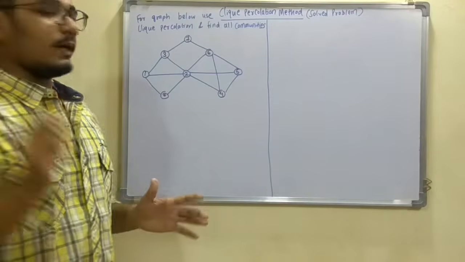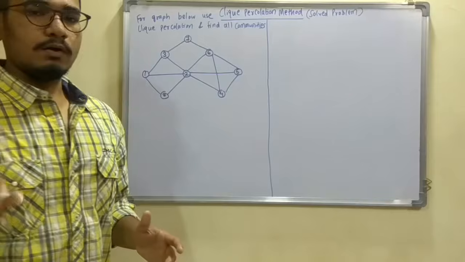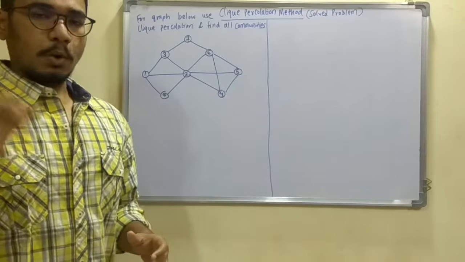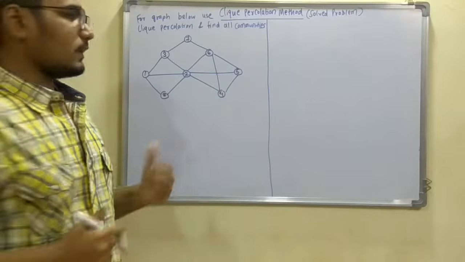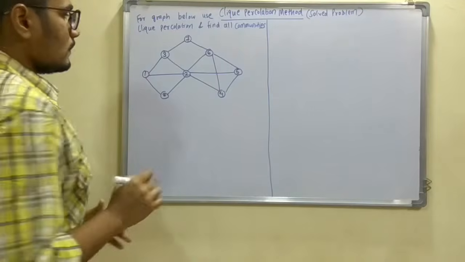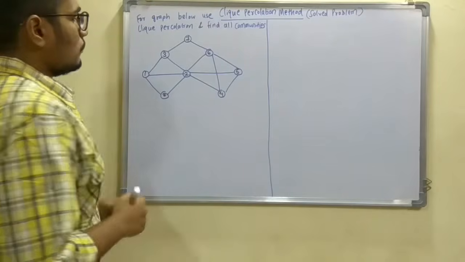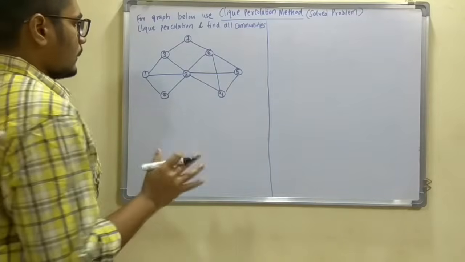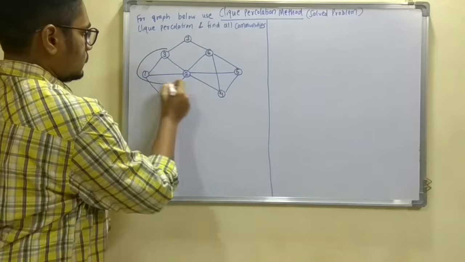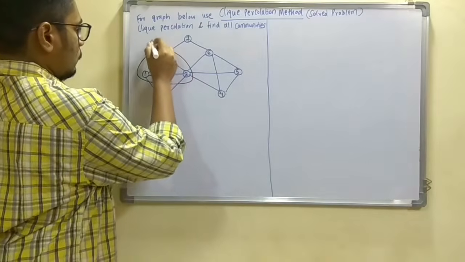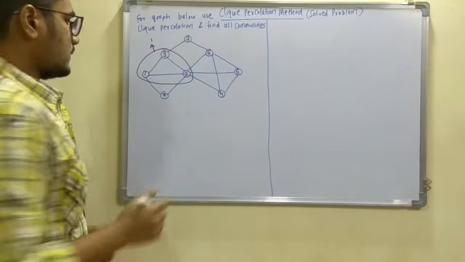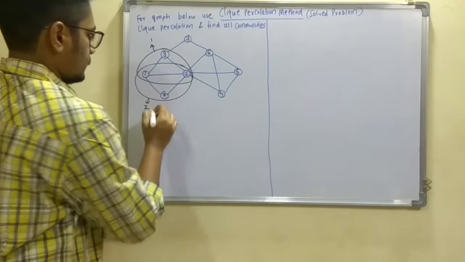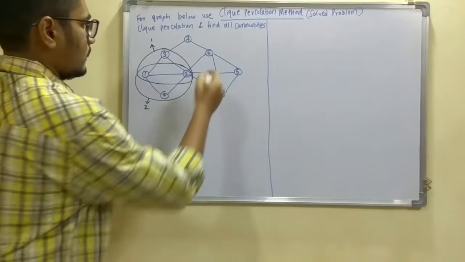Now going with the CPM general algorithm discussed in the previous video, I'll first extract all the cliques present in this particular graph. So stay tuned. See how I'm going to extract all the individual cliques. So first you can see this one. This is one clique of size 3. This one is also another clique of size 3. So this is the second clique.